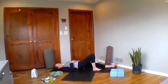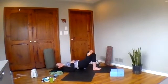Okay, so now we're going to do the squeeze and release. So squeeze the glute and then soften. Squeeze and then soften. Squeeze and soften. One more. Squeeze and soften. Good. Okay. So now cross the ankle, right ankle over left knee, and side to side again, getting